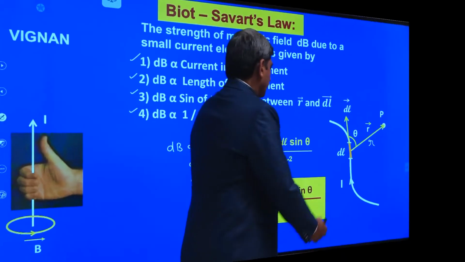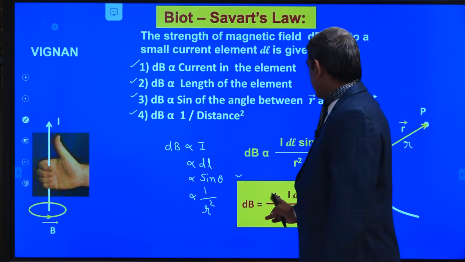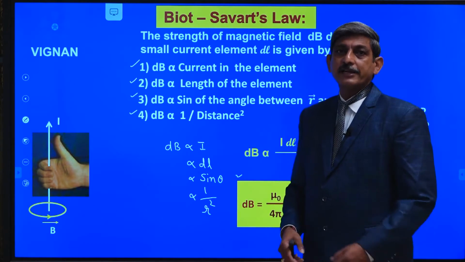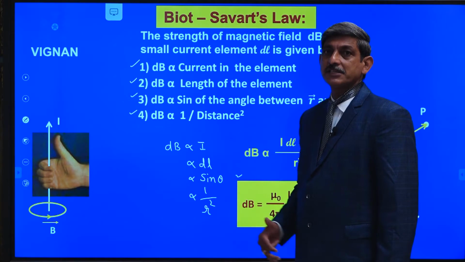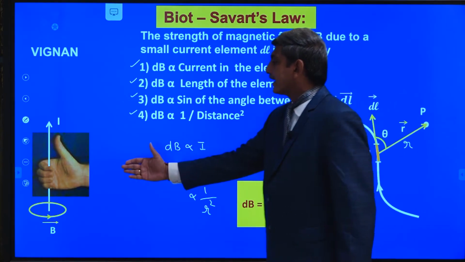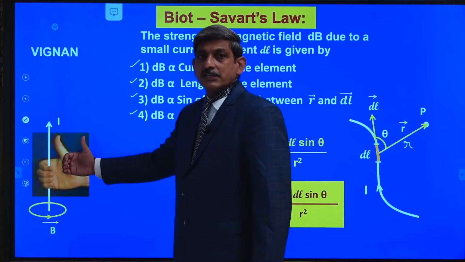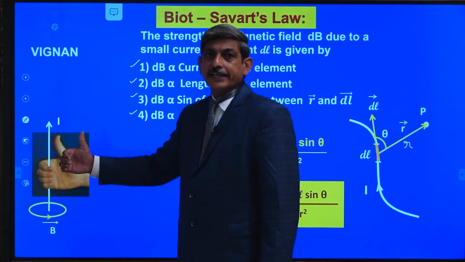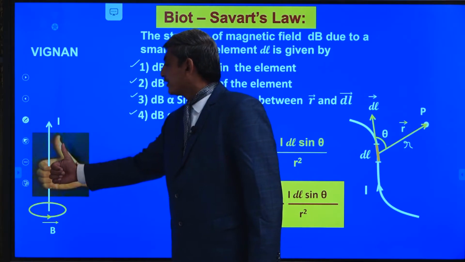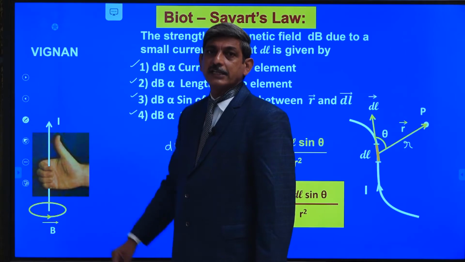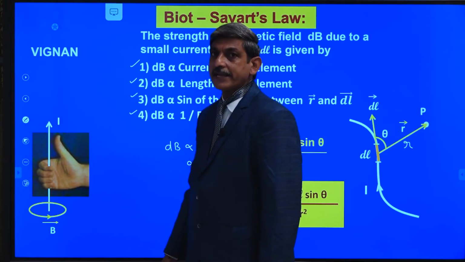What is the strength of the magnetic field? That can be determined by this. What is the direction of the magnetic field? Already we have studied that in the previous session. Here, just let us see this figure on the screen. Let us assume that the current carrying conductor is held in your right hand palm. Let us open the thumb finger in the direction of the current in the conductor. Then the curling fingers give the direction of the magnetic field.